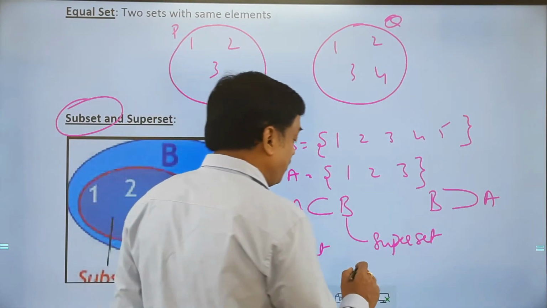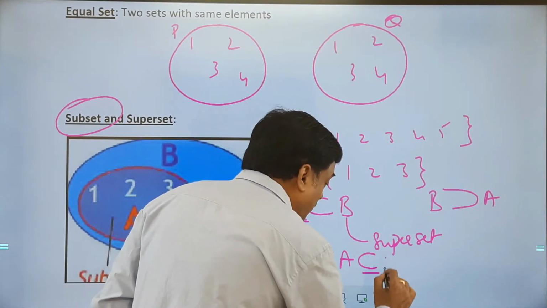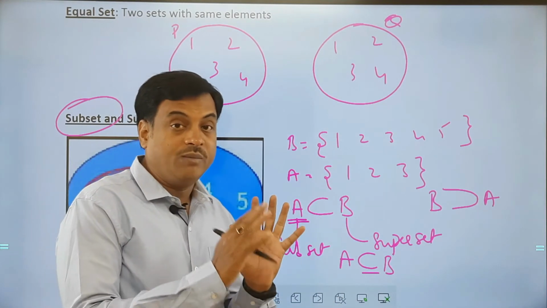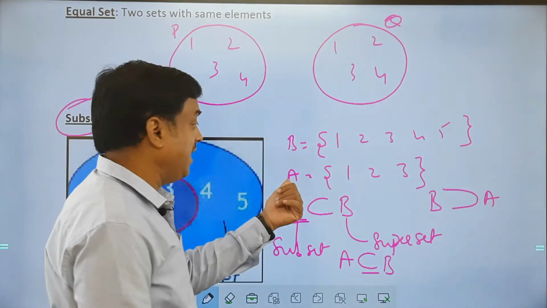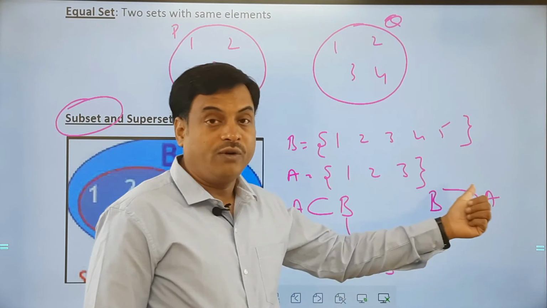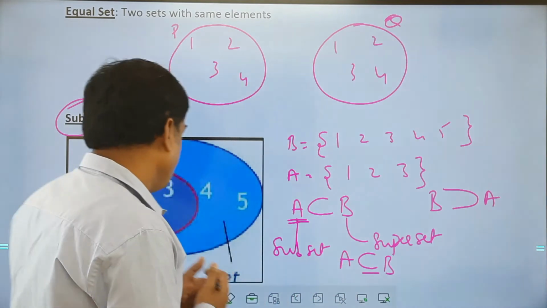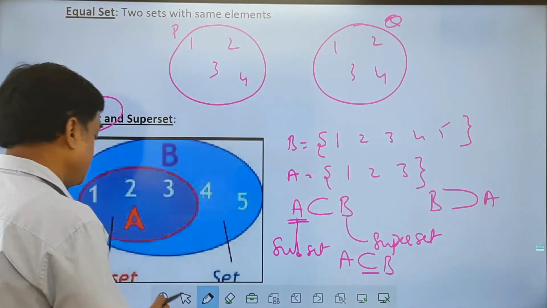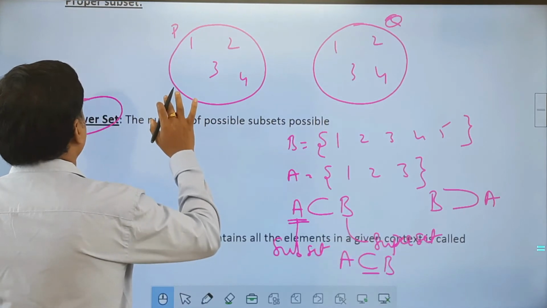Here we can also understand that when I write A is a subset or equal to B, that means all the elements of A must be equal to the elements of B. Suppose I have A with 1, 2, 3, 4, 5 and B with 1, 2, 3, 4, 5, then I can say A is a subset or equal to B. In that way we can use this definition. A subset means a small set which is present in the big set. Simple words.